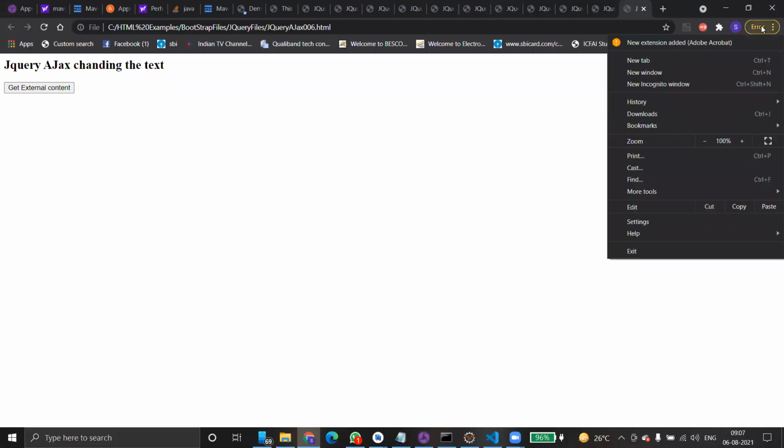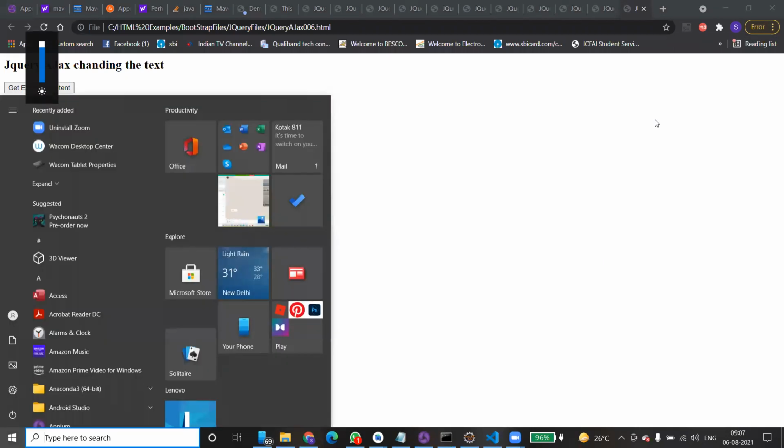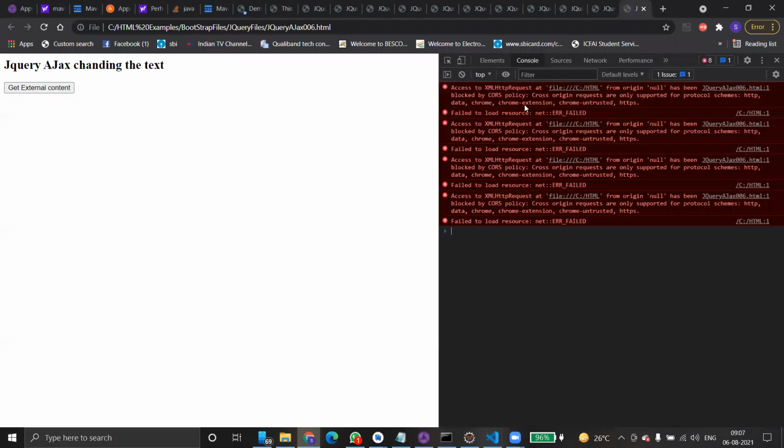Just click errors, F12. Here you can see it's not able to access this HTML request. HTML, CSS, everything is right, but the file is not there. So where is this file? Your script is correct, but the path is wrong.